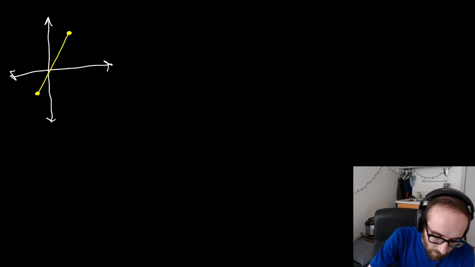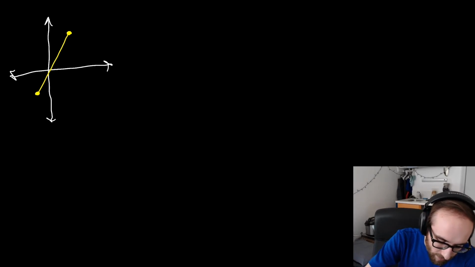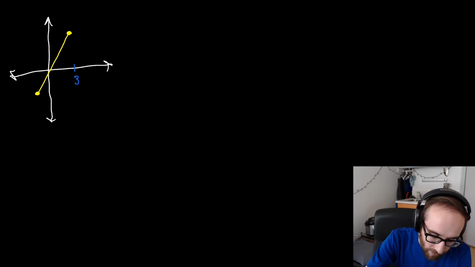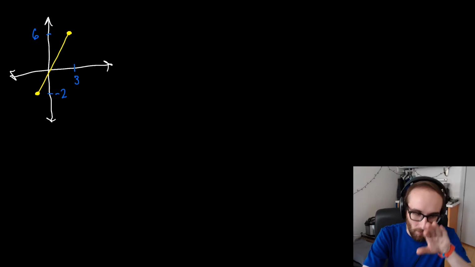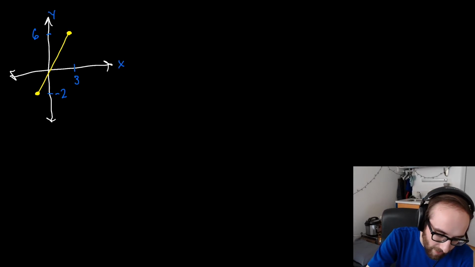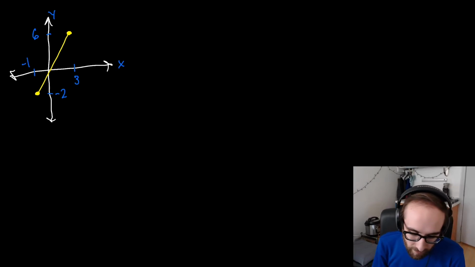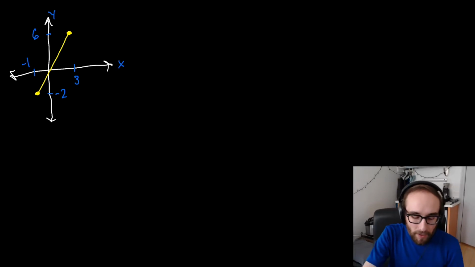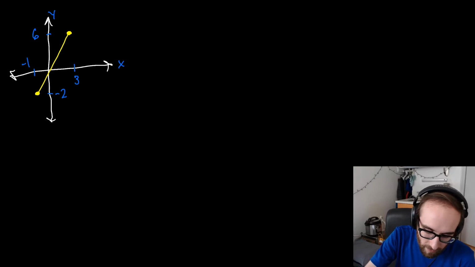So for example, maybe we have a graph that's a line, and then I'm going to list a few points. So here our line ends at an x value of 3, a y value of 6. Down here we have a y value of -2, and an x value of -1. Okay, so when we identify the domain,